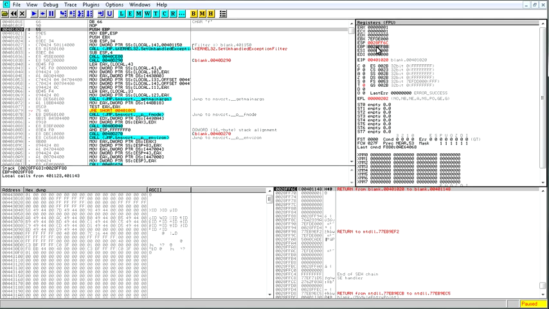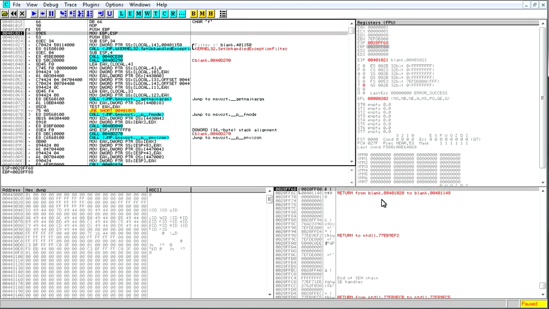So it's going to take this and put it on the top of the stack. If I hit F8, we see now the top of the stack reads what was in our EBP.